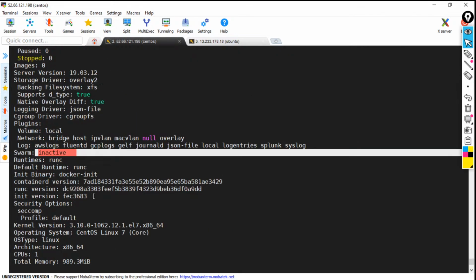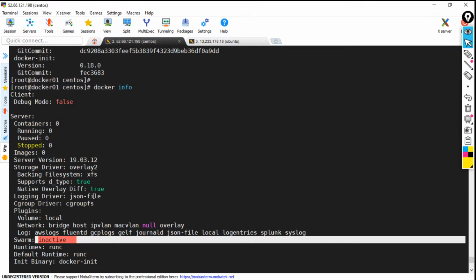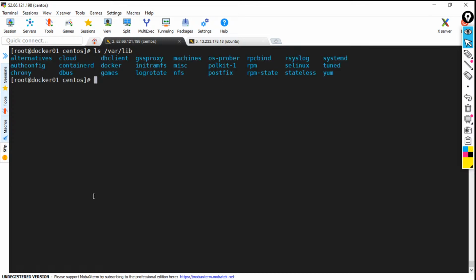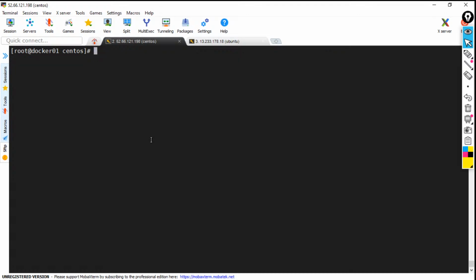Okay, so this is another verification check, which we have verified. So it indicates that Docker is installed properly. So if I say /var/lib, okay, here you can see there is a directory called Docker. So this is our next verification step. If I say ls -l,